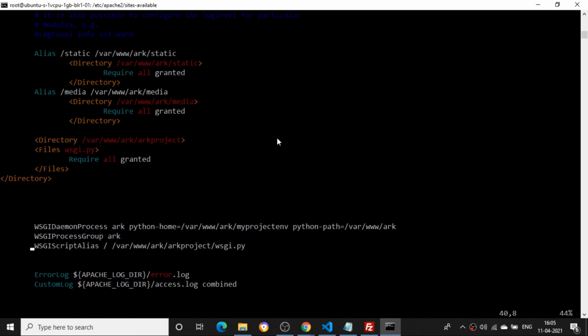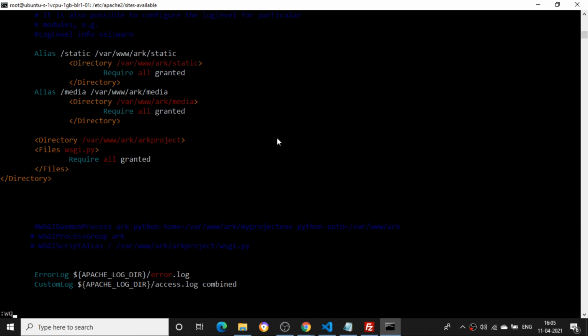I'll keep it as it is and just put a comment here. I'll go into insert mode and add a comment, then escape and save this file.